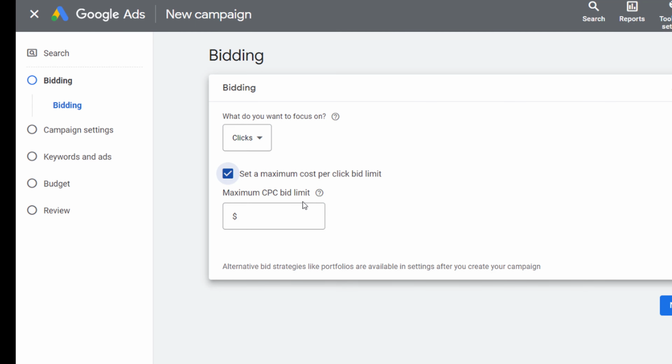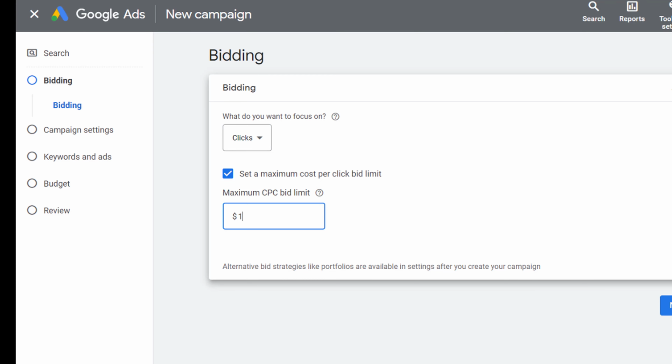In this tutorial, for the maximum bid per click, I put $1. Later, once we have analyzed the results, we can come back here and change the maximum CPC bid.